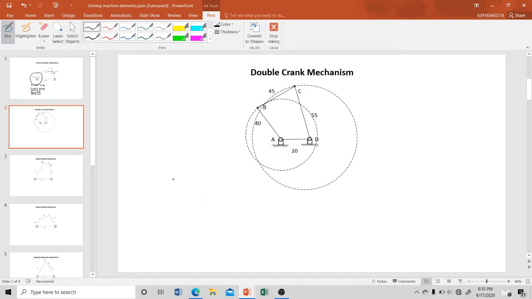So ato i-inspect gyapon if mo satisfy ba siya sa Grashof's criterion. So we have shortest length, we have length AD lang. Signify nato is length AD plus the longest length is length BC less than by length AB